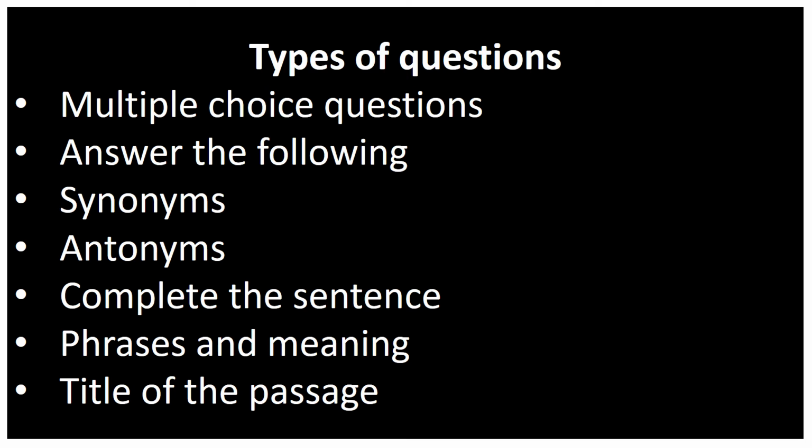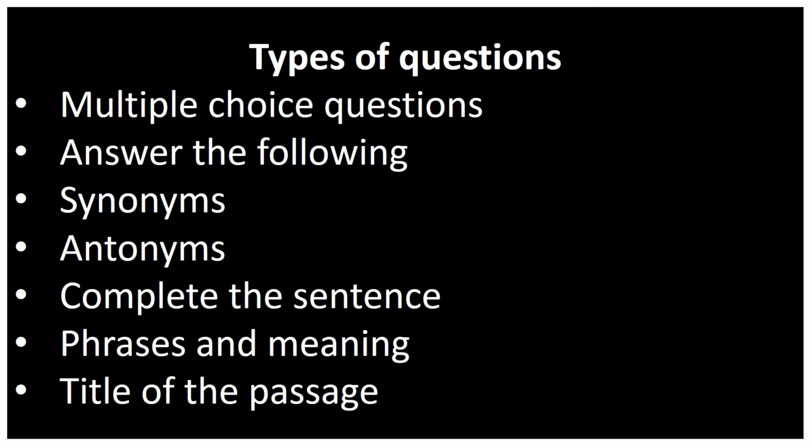The very first type of question is the multiple choice question, and you get this as per your class, but it really comes in senior classes. For junior classes, multiple choice questions are there during comprehension, just to make you score good marks in English. Then answer the following, where you need to write the answer in detail, but in detail means as per the marks. If it is a 1 mark question, write accordingly. If it is 2 marks, write your answer in more detail.